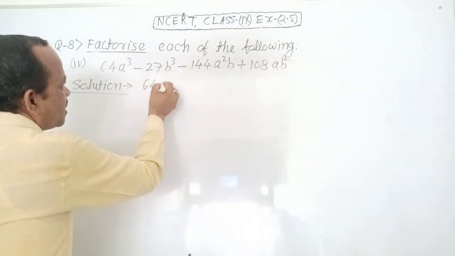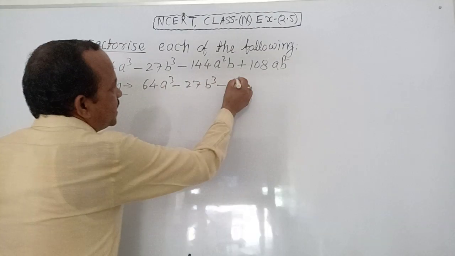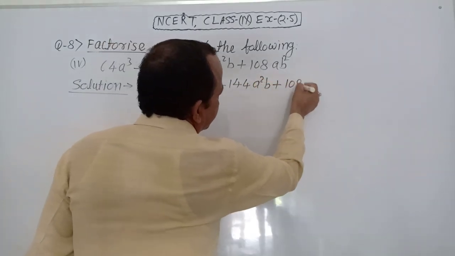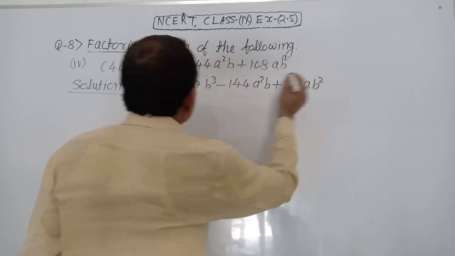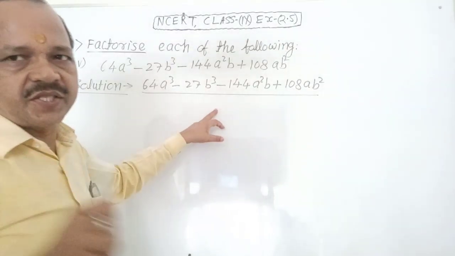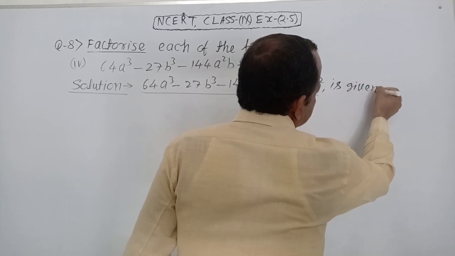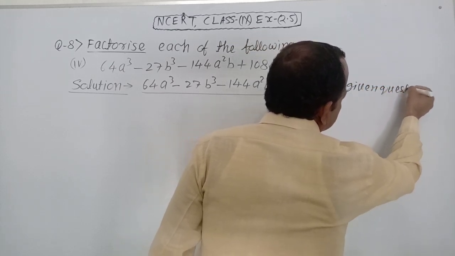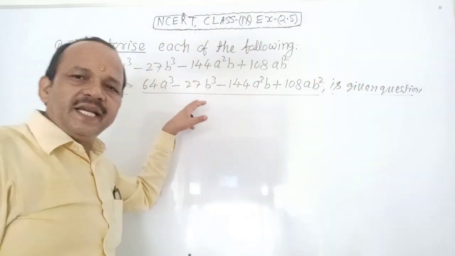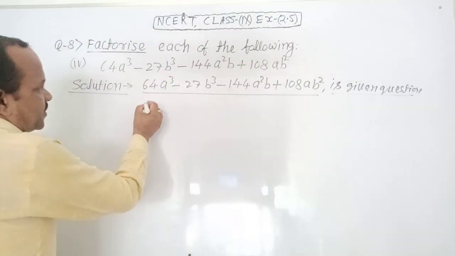64a cube minus 27b cube minus 144a square b plus 108ab square. It is the given question. The question is clear. You factorize it with the help of the identity. Clear? You can write it as